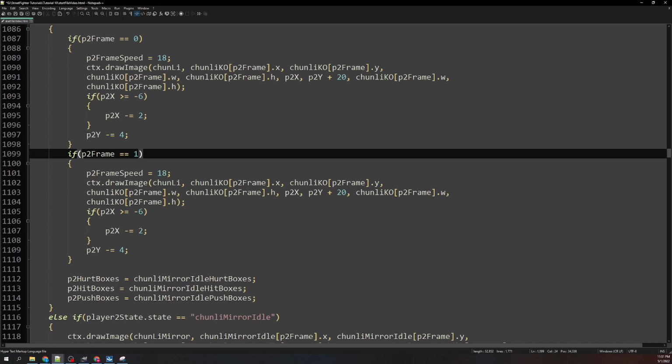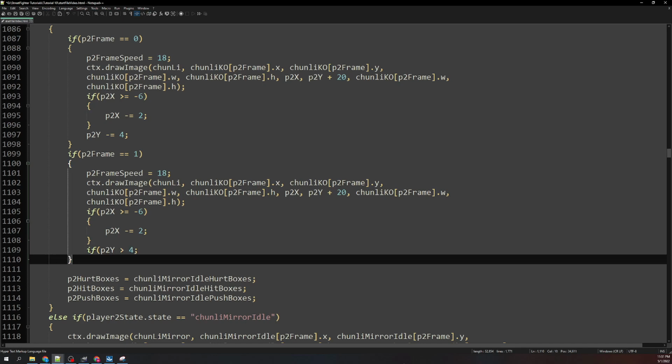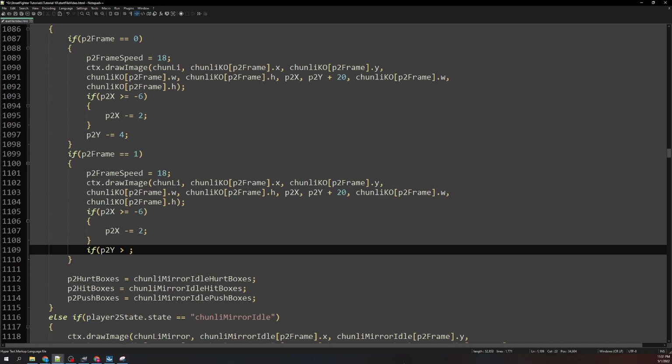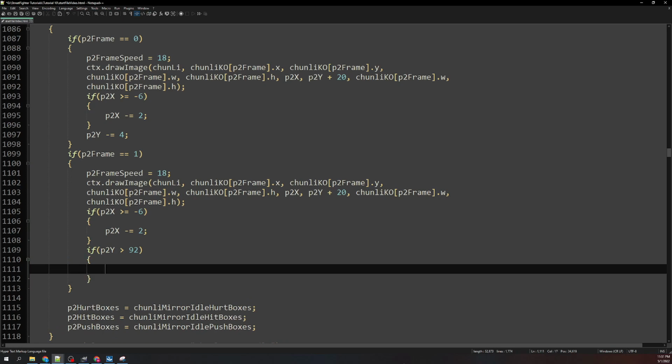We don't do anything to the frame speed anymore, but what we want to do is if P2X, so this is good. If P2Y is greater than 92, then P2Y,